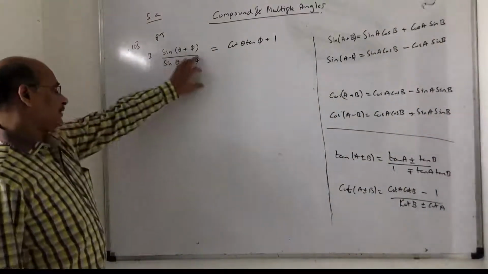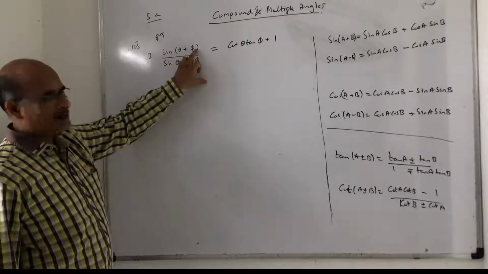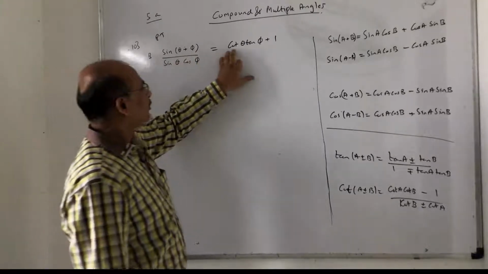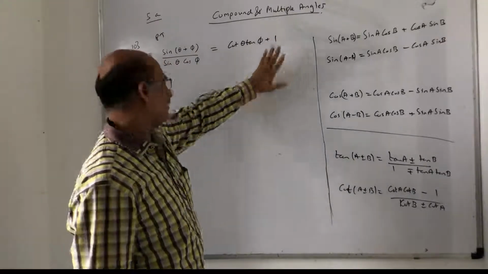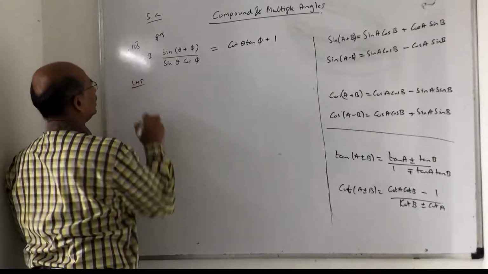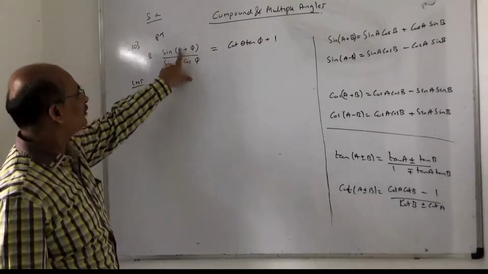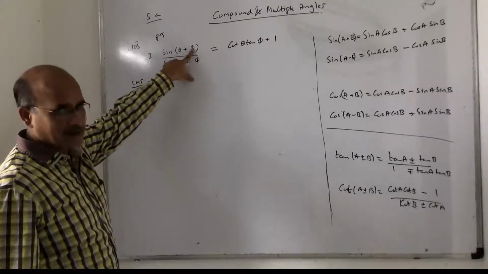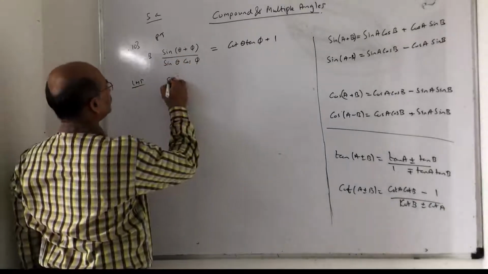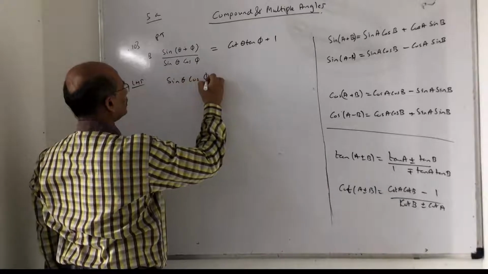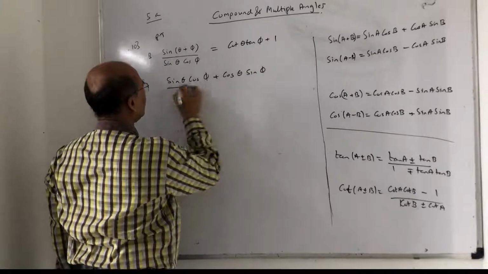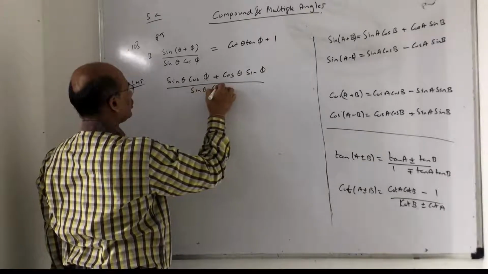I think sine of theta plus psi, these are different notations for angles. So sine of a plus b is sine a cos b plus cos a sine b. The condition to prove is sine of theta plus psi over sine theta cos psi equals cot theta tan psi plus 1. So let us go to the LHS now, because here I can apply the formula sine of a plus b, since these also are just two different angles. That's why the notations are different. So sine a plus b is sine a cos b. So let us do that. Sine theta cos psi plus cos theta sin psi upon sine theta cos psi.